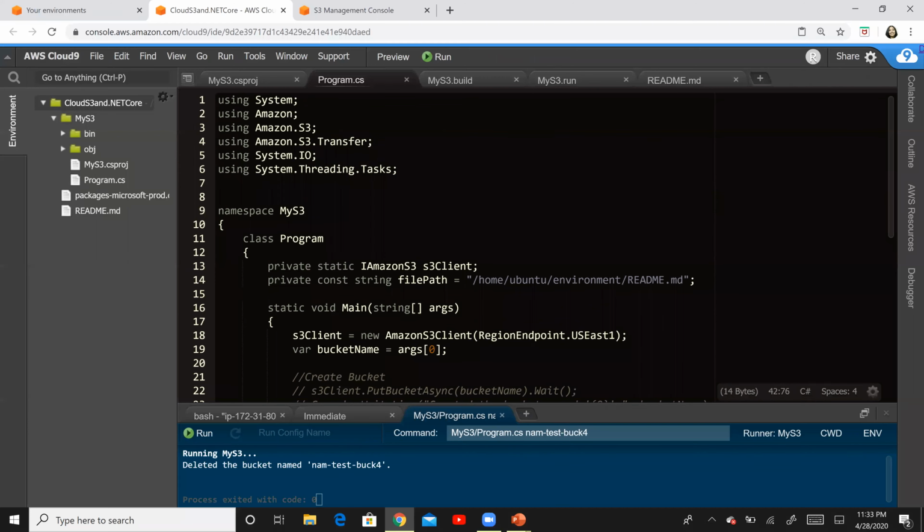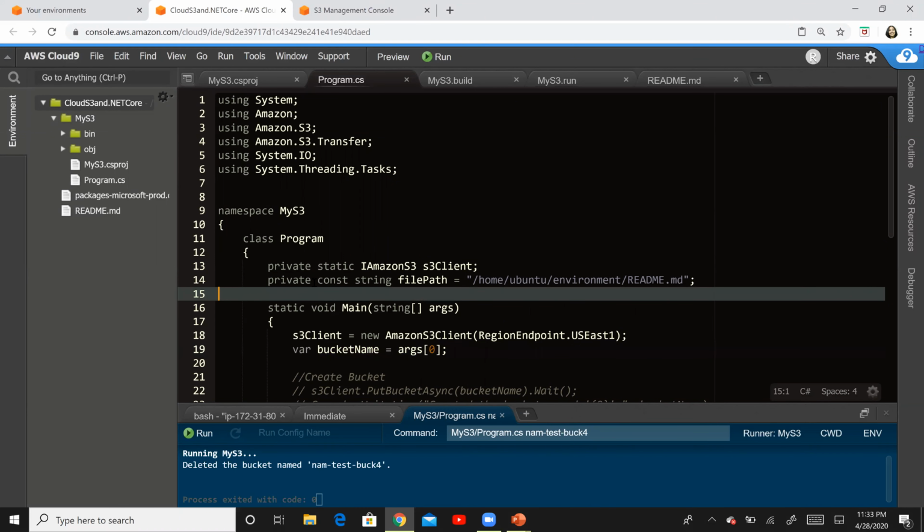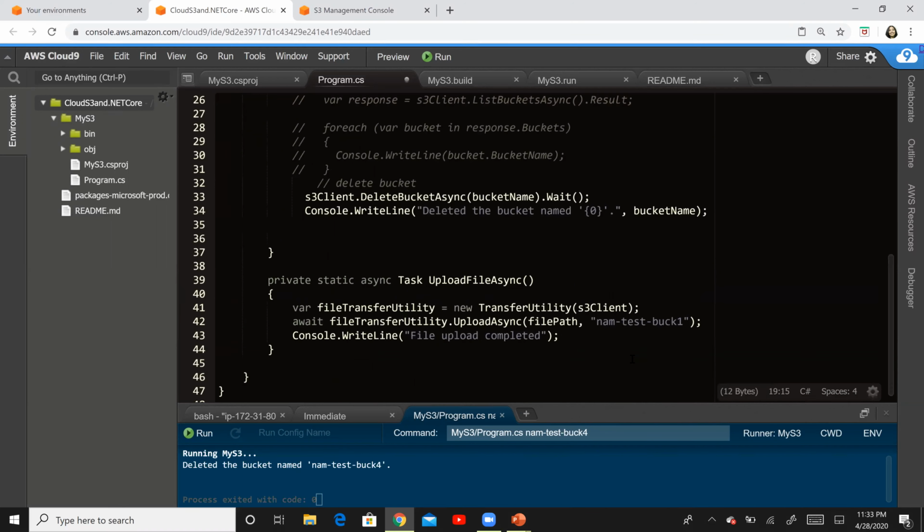In my case, I have created this variable right in here. If I declare this variable outside, I might be able to leverage it, but I'm not going to make those changes right now because I don't want to get into a debugging mode. So I'm just going to hard code it here, but as I mentioned, you could potentially get this bucket name as an argument as well.